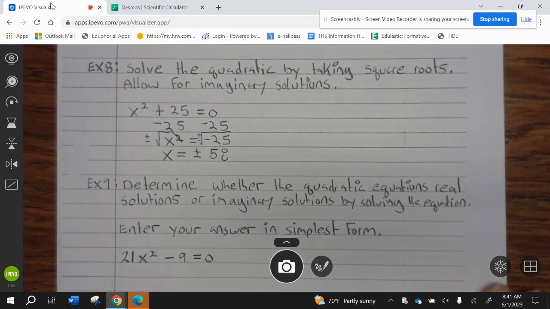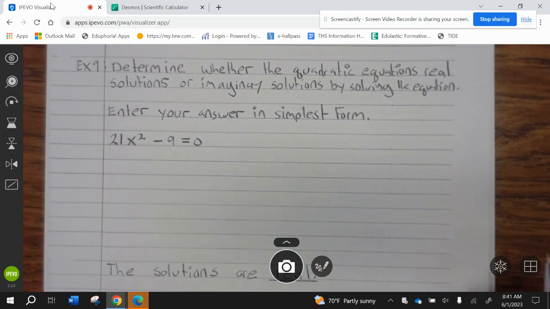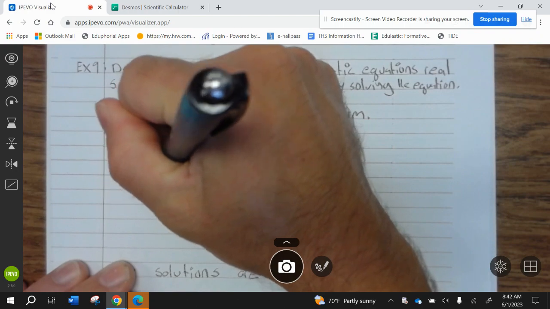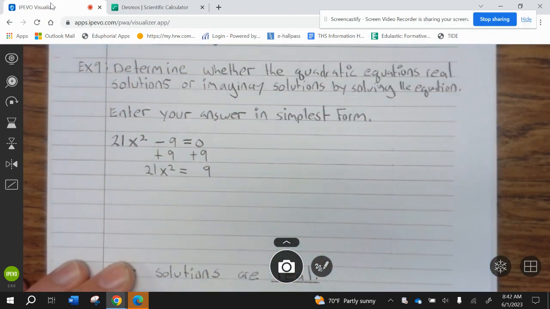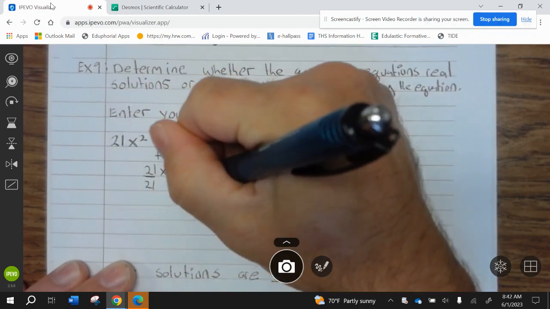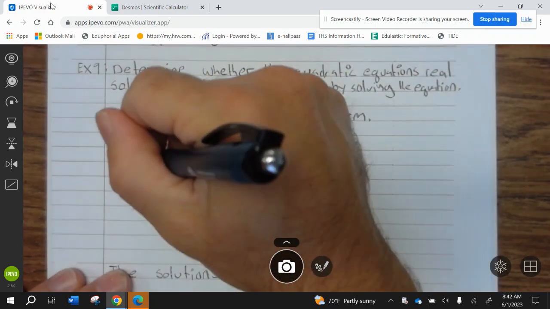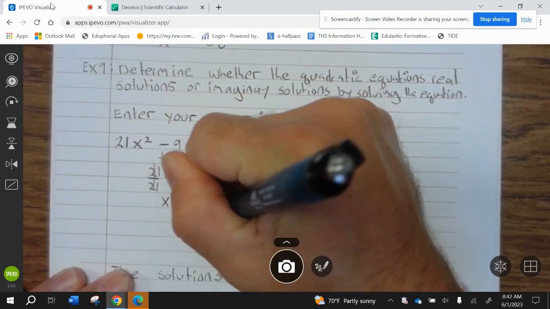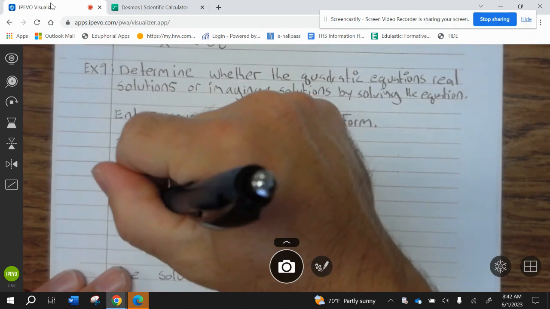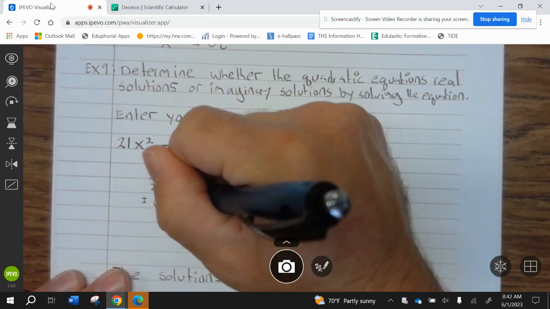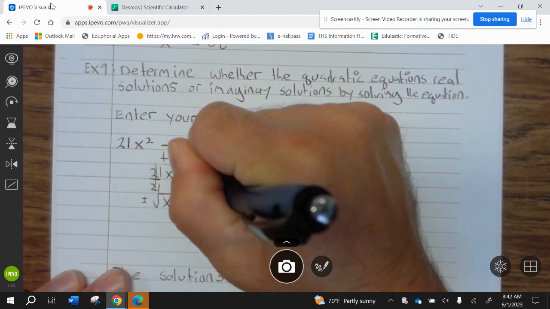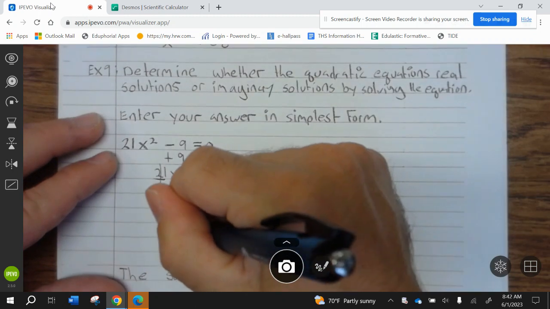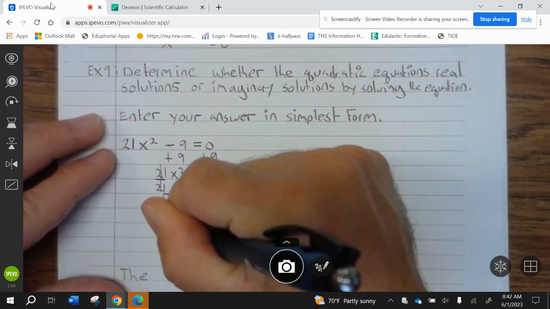All right, let's take a look at example 9. Okay, so we add 9 to both sides. You get 21x squared equals 9. Divide both sides by 21. That divides becomes 1. You get x squared equals 9 divided by 21. Take the square root of both sides, plus or minus. So then x equals, now we write that as plus or minus the square root of 9 divided by square